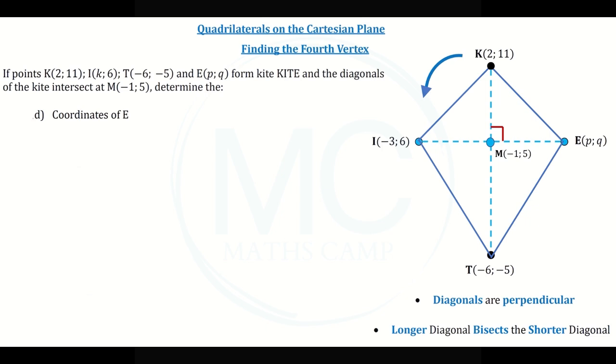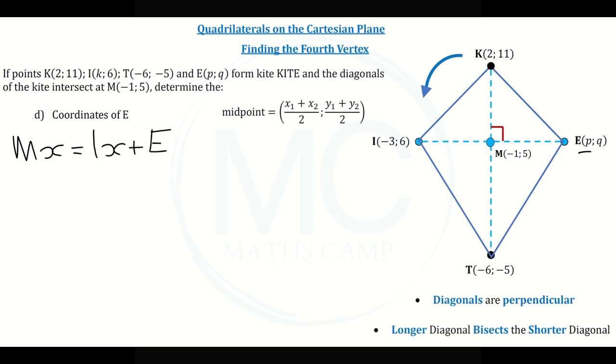We know that M is the midpoint of the diagonal IE, so we can use the midpoint formula to find the x and y coordinates of point E. Let's start by finding P, the x-coordinate of point E. And we can say the x-coordinate of point M, let's call it mx, is equal to the x-coordinate of point I, we'll just call that ix, plus the x-coordinate of point E, ex,